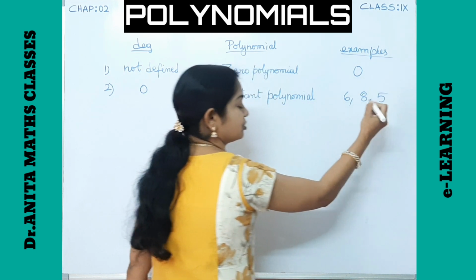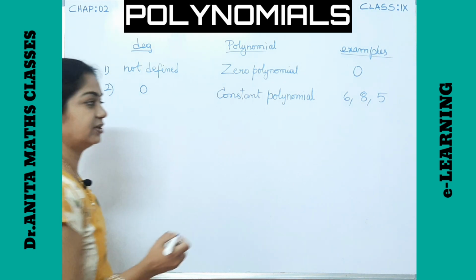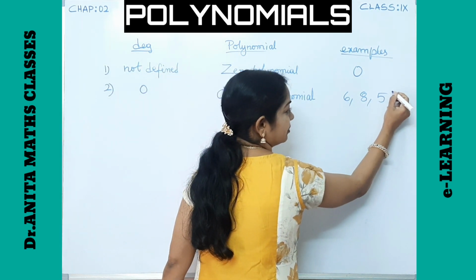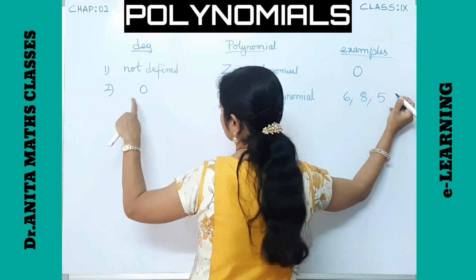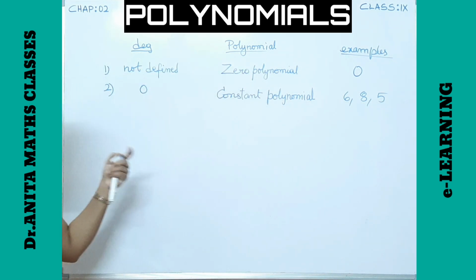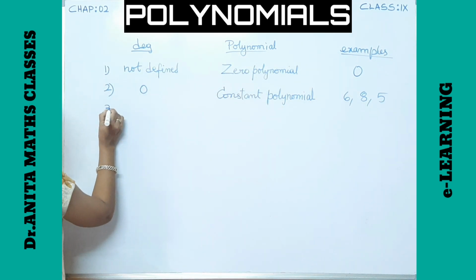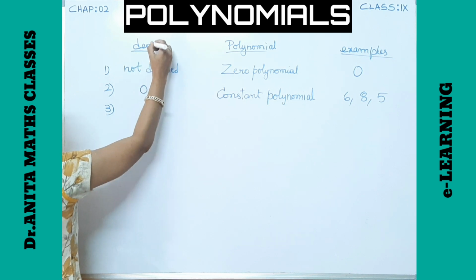All numbers which are constant, like 6, 8, 5. So 5 times x to the power of 0 we can write it. The power is 0, so that is the highest power. So the degree is 0. So that is called a constant polynomial. If the degree is